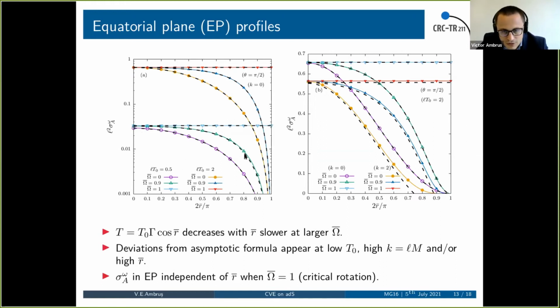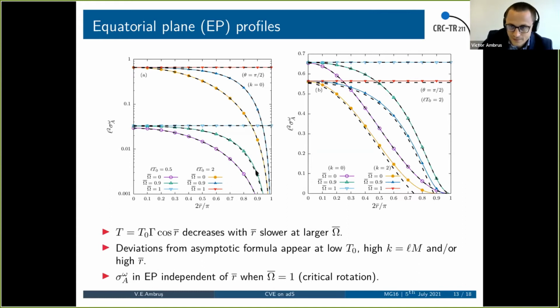And in the small temperature regime, there is some discrepancy. One can see it here, but it's very small. At omega bar equals 1, this is the critical rotation, we see that the axial vortical conductivity is constant everywhere. And because the temperature decreases basically with the radial distance when the rotation is not critical, we expect some deviations